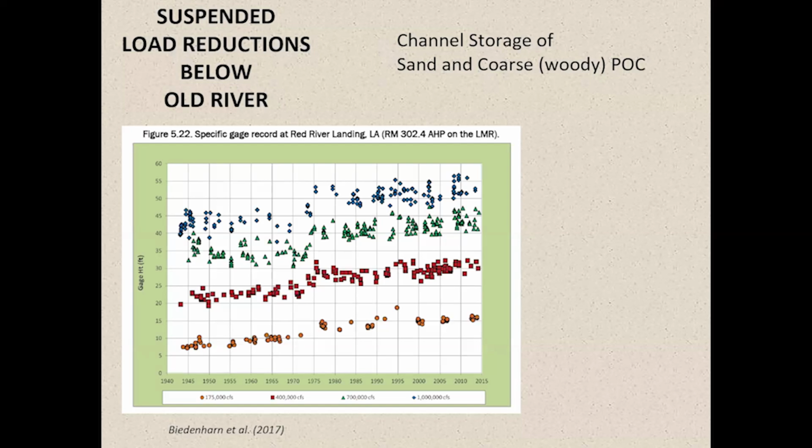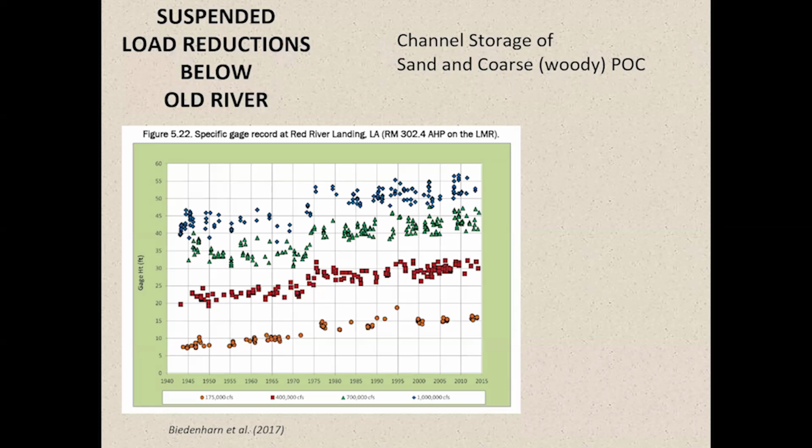And this is just showing some work that David Biedenhard and I and a number of folks did, showing that from the station at Red River Landing, which is just below the old river Atchafalaya offtake. If you've never seen a specific gauge record, basically you're just saying at a given discharge, and I'm sorry, these discharges are in US numbers, cubic feet per second, because this was an Army Corps publication. But anyway, if you follow a given discharge, this is a moderately low Mississippi